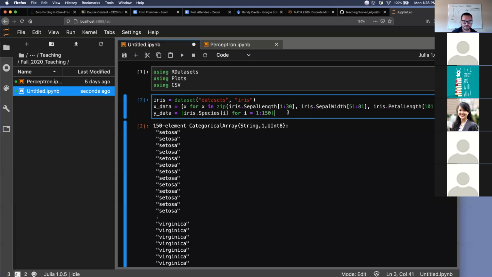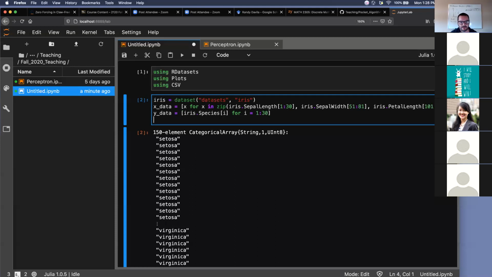It's going to take a little bit of playing around with, but we can say something like, all right, we can start by doing that. So that gets the first 30. And then for I equals 51 to 81,